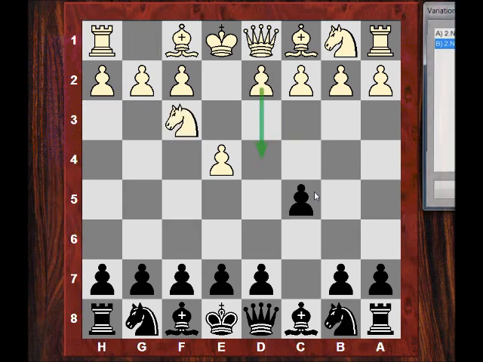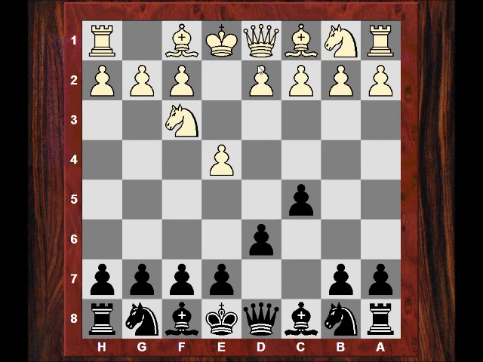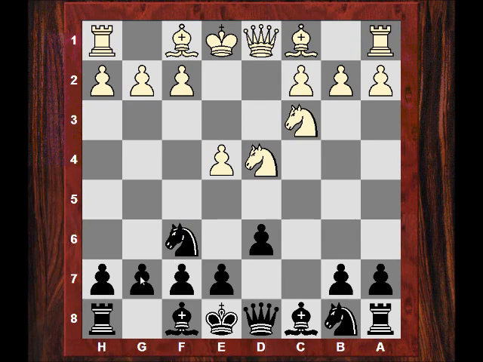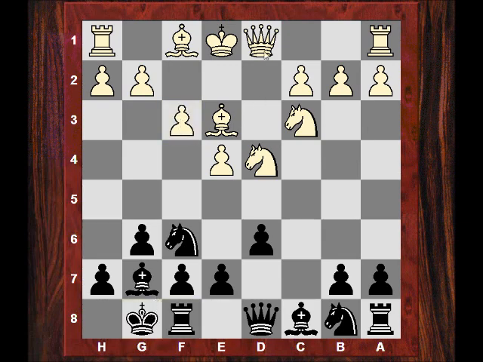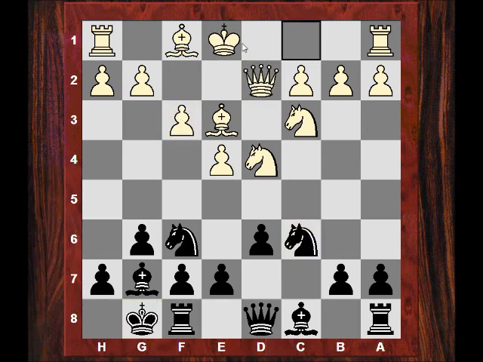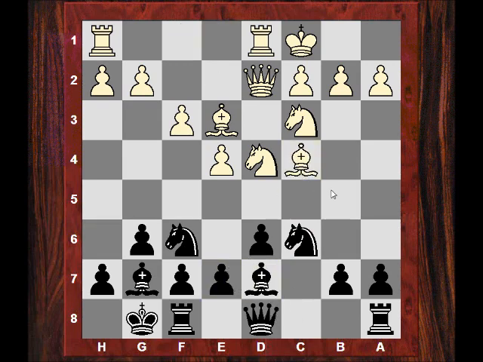Both sides need to have very good memories to know all the latest games in, say, the Sicilian Dragon, in the main line, in inverted commas, where white is going to castle queenside, there's just tons and tons of theory. I think bishop c4 is still popular, and it goes something like this, and who knows after that. I'm not a Dragon specialist, but Chris Ward's a Dragon specialist, for example.